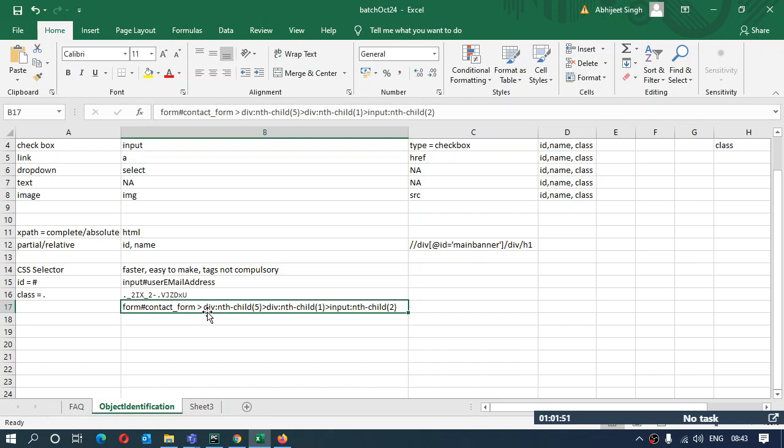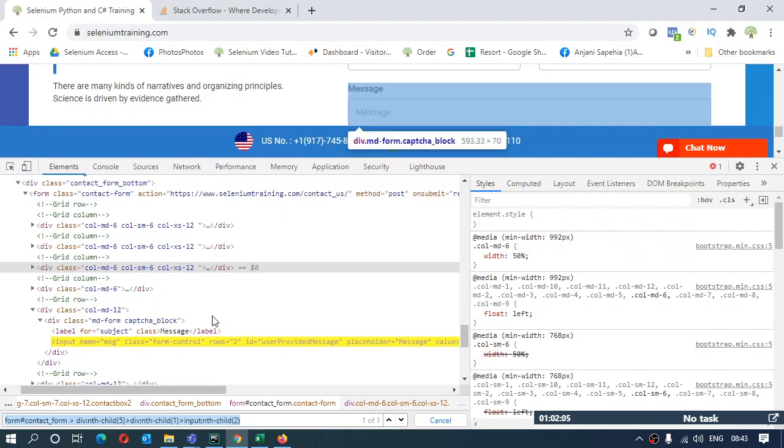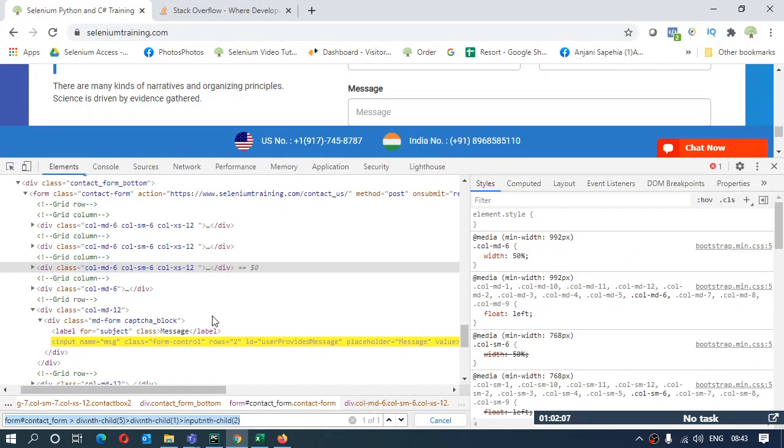Then I have given the tag name. Now this tag name is not important to be given, but if you are giving it, then you have to make sure that it is right. In any case, you just gave the tag name. It was not a div tag, but you accidentally gave it as div tag.